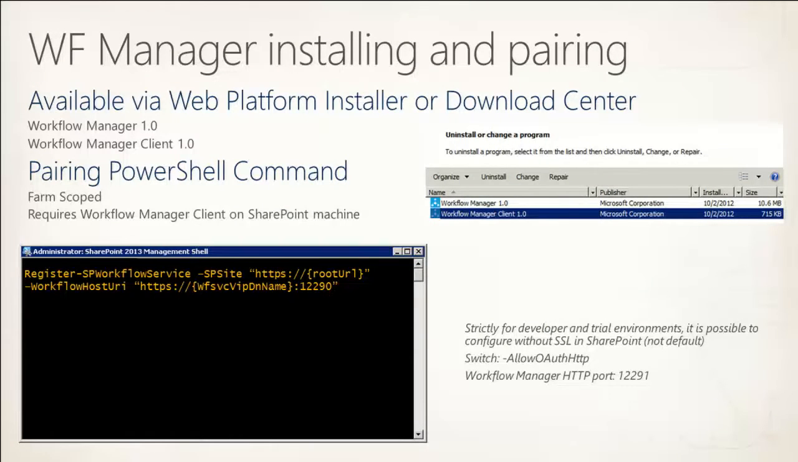So the easiest way of installing it is using... Workflow Manager is not a prerequisite for SharePoint. You actually have to download it, and you can download it either through the Web Platform Installer or directly from the Download Center. And in Web Platform Installer, if we have time, I'll just give a quick walkthrough. But basically,